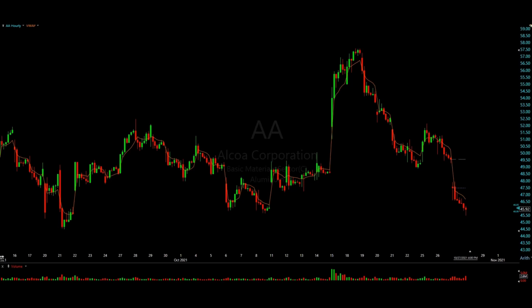Looking at an hourly chart of AA, Alcoa Corporation, basic materials sector. Let's get into it. These guys have been pushing for quite some time to the upside. Obviously corrections here and there, but nothing that we've seen right here since the 18th, pushing up highs and then